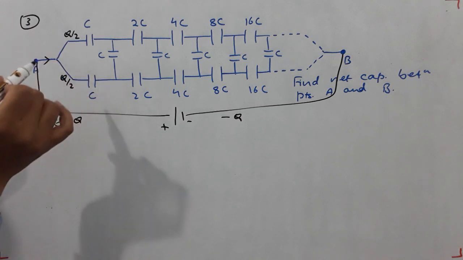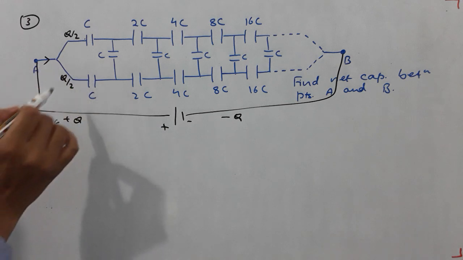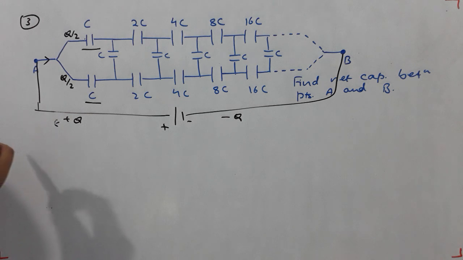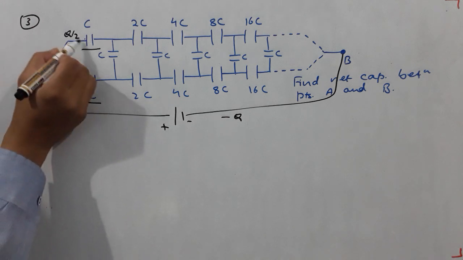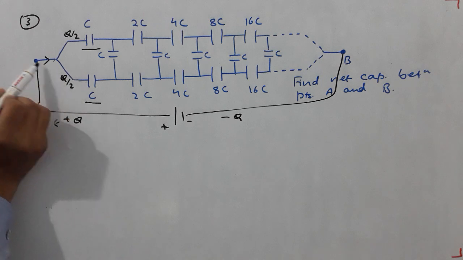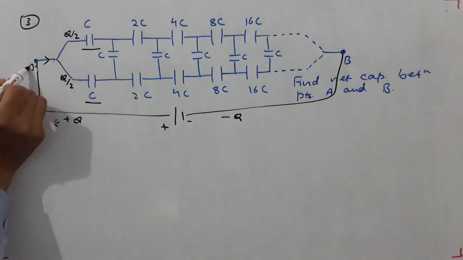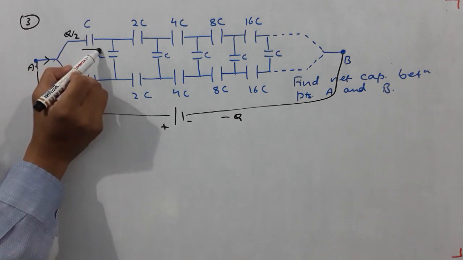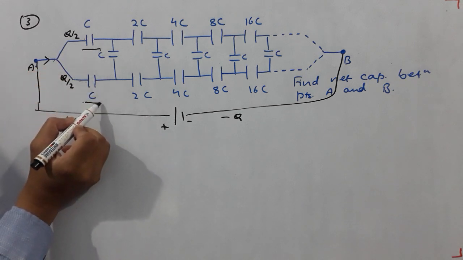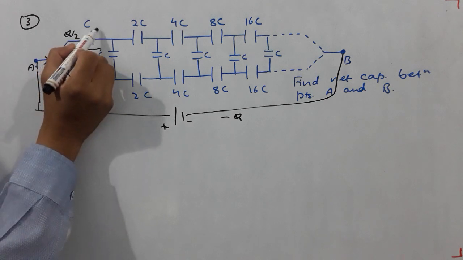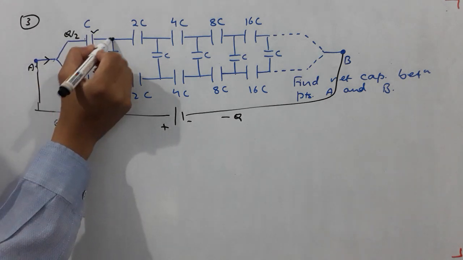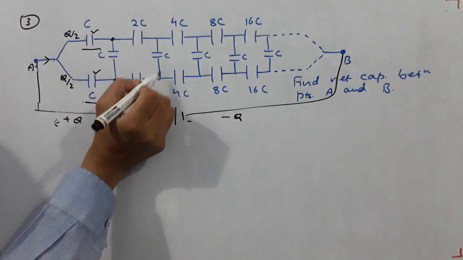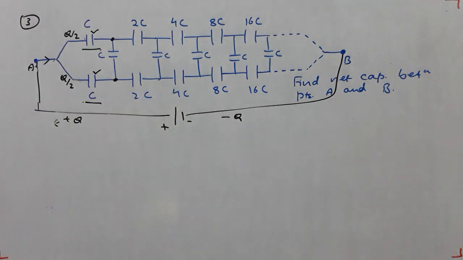Now these two capacitors are identical, charges on them are also identical. So the potential difference across this capacitor and across this capacitor will be the same. Now their left plates are connected together, you can see, to the point A. That means their left plates are at the same potential, and this potential difference I have discussed is the same as this potential difference. That means their right plates must also be at the same potential. That means these 2 points are at the same potential. Likewise, these 2 points will be at the same potential. These 2 points are at the same potential.